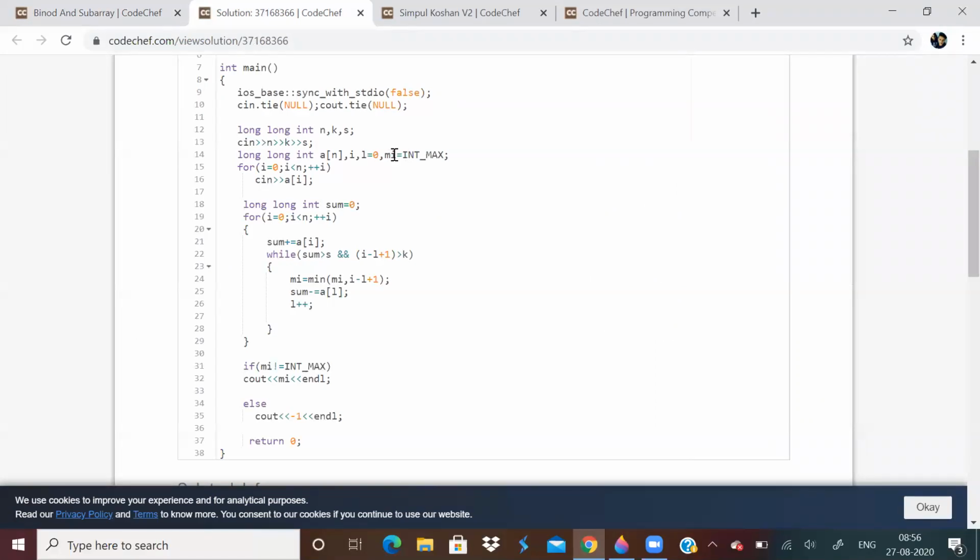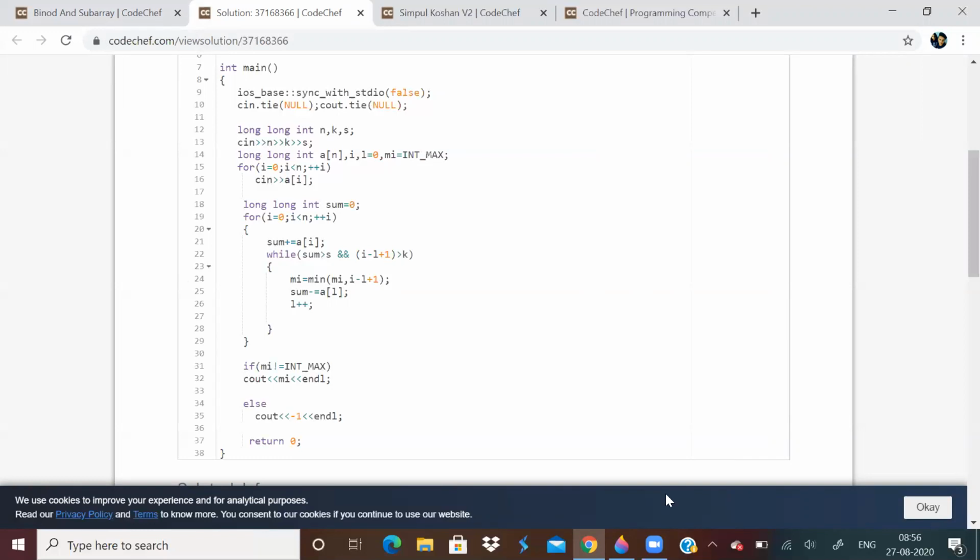Let us initialize a variable L, which is representing the left side of the window, and mi for calculating minimum length. Mi is initialized to int max. We need it for calculating minimum length. Mi is basically the answer.